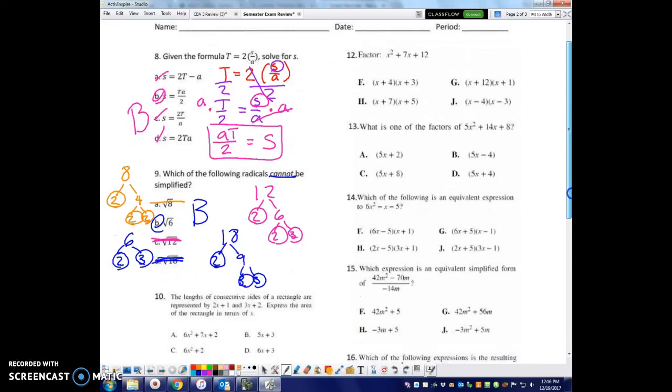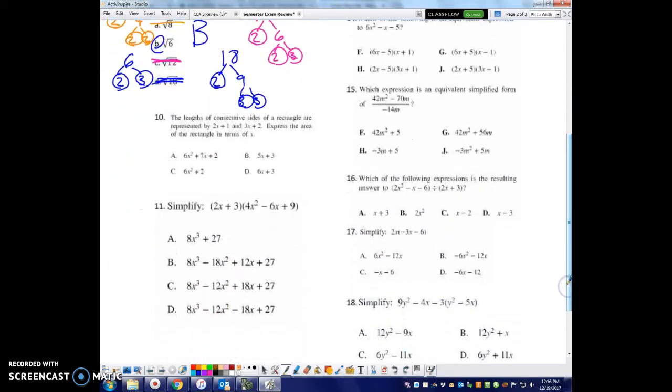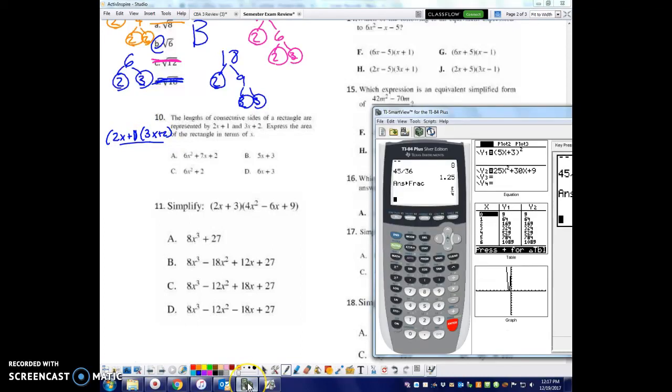Okay, number 10. The length of consecutive sides of a rectangle are represented by 2x plus 1 and 3x plus 2. Express the area of the rectangle in terms of x. So here's what we're going to do. We have 2x plus 1 times 3x plus 2. Type this into y1. Here we go. So on y1, 2x plus 1, 3x plus 2,